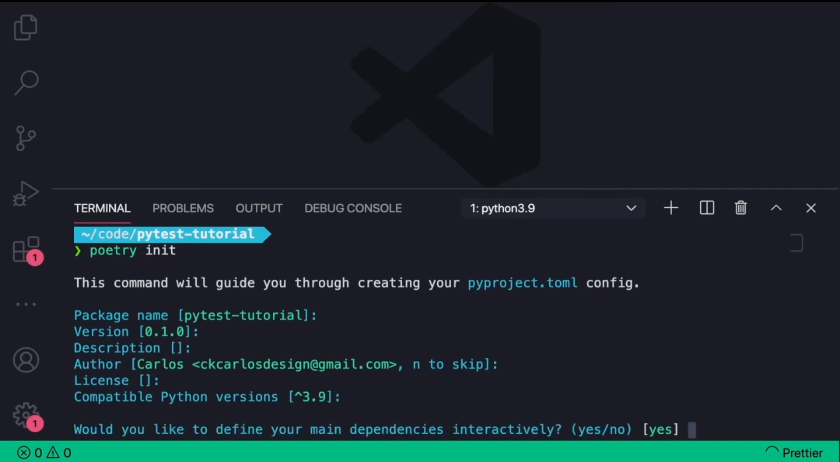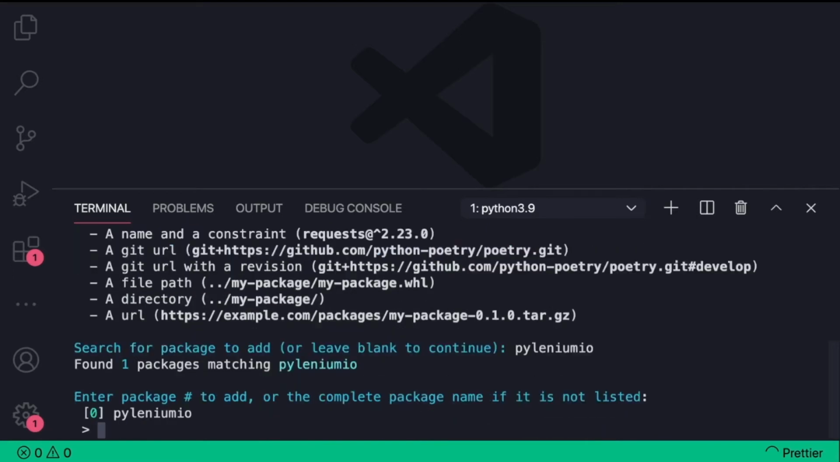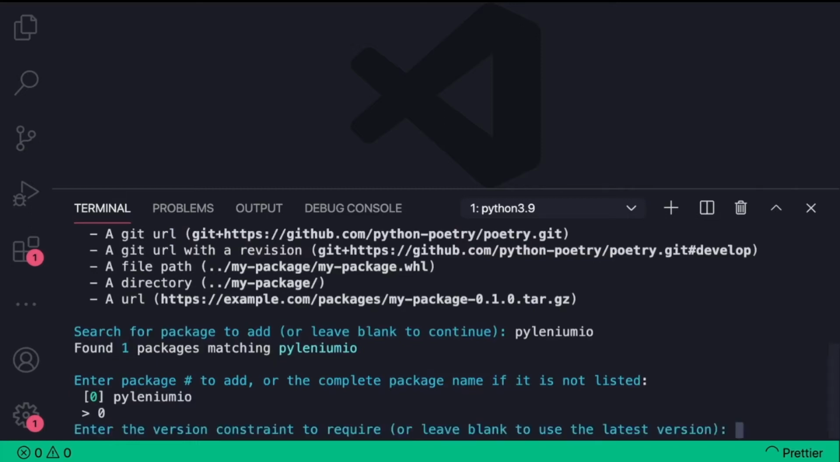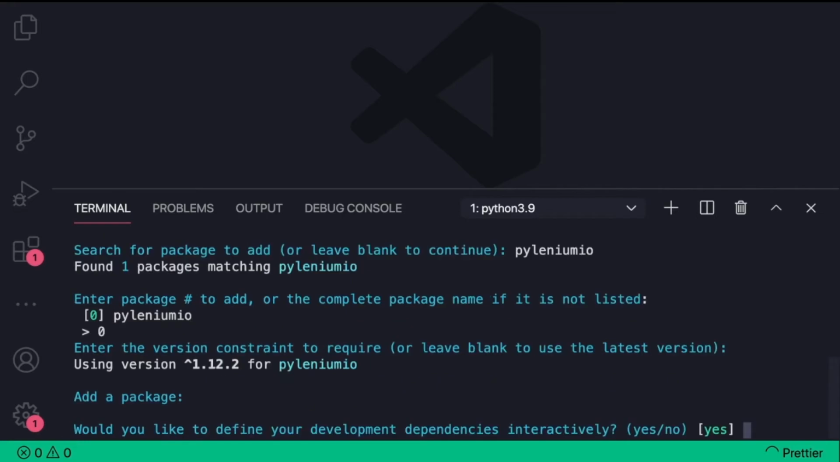3.9 is fine. And then this one here says, would you like to define your main dependencies interactively? And I'm going to say yes, which is already the default. So I'm just going to press enter. The main one that we need is Pylenium. And so I'm going to search for pylenium.io and press enter. There's only one here, which is at position 0, so put in 0, press enter, and then it asks if I want to enter the version constraint for pylenium.io. I don't, so I'm going to press enter again. We don't need any other packages, so I'm going to press enter one more time here,